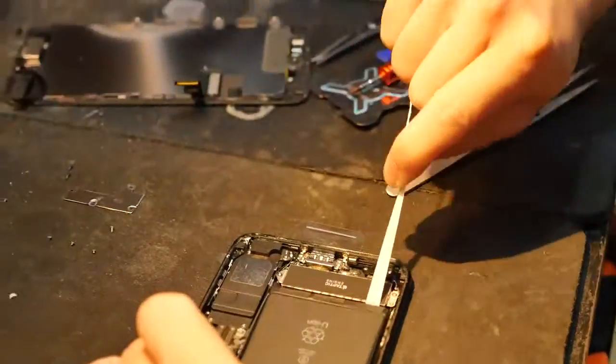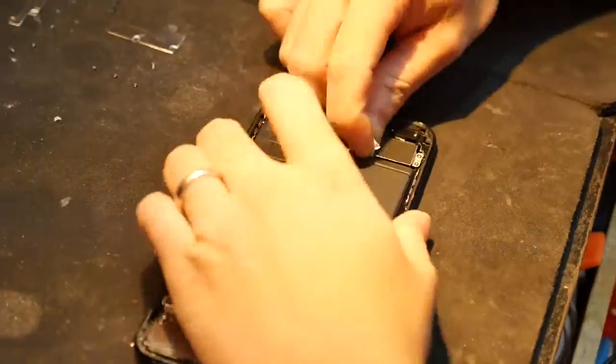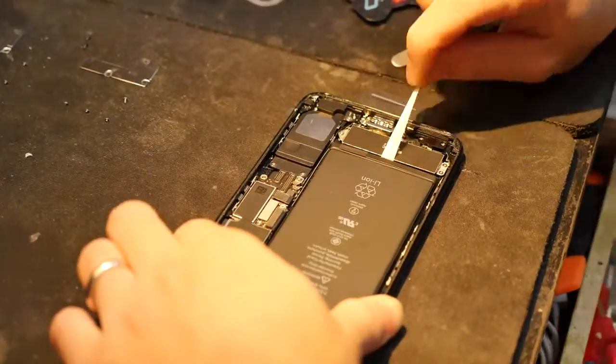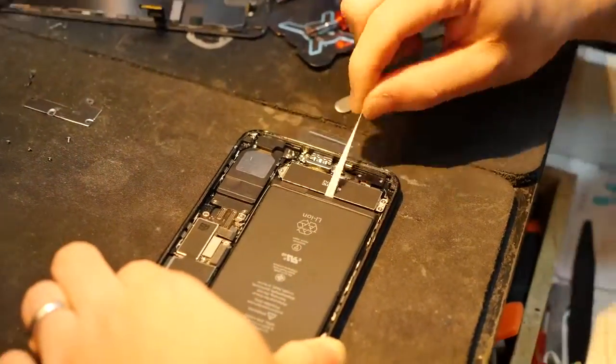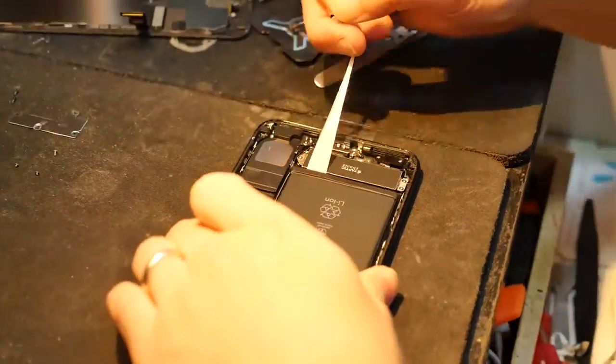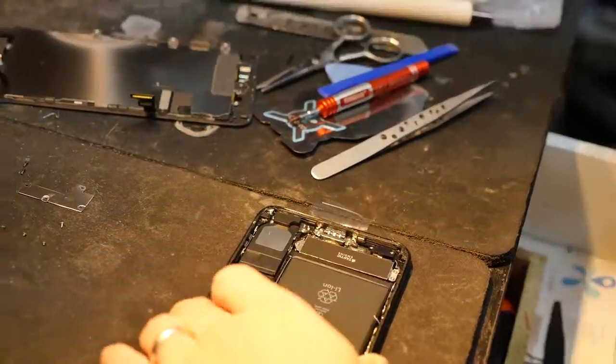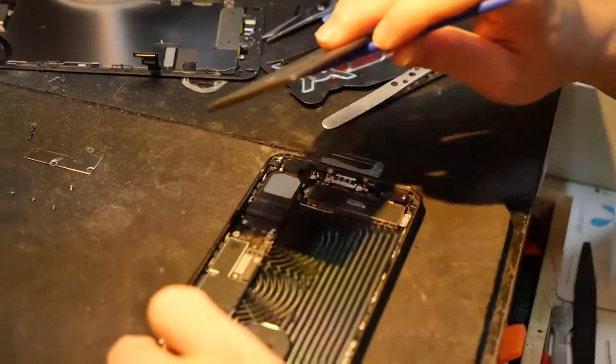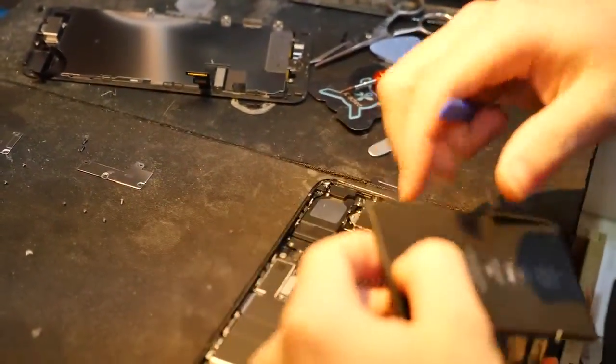This is very difficult to do, but with the right amount of patience, you will get them out evenly. So it does help to actually heat up the back of the iPhone, the housing, a little bit as well, to go ahead and remove those. But not too difficult on a new iPhone. They're still pretty fresh. Go ahead and remove the battery,